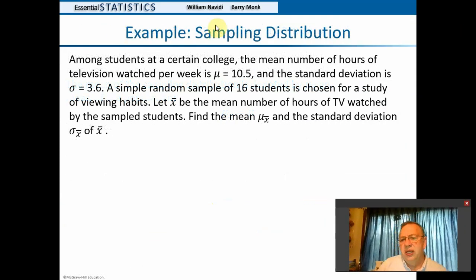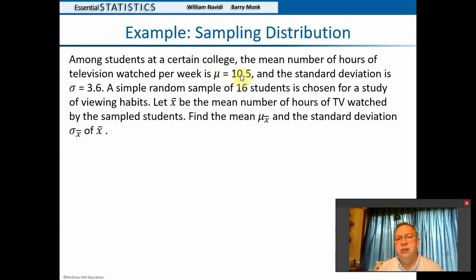So here's an example, and we're just going to see if we can figure out how to calculate the mean of the X bars and the standard deviation, or standard error, of the X bars. Then we'll use these values for calculating probabilities of the sample mean. So among students at a certain college, the mean number of hours of television watched per week is